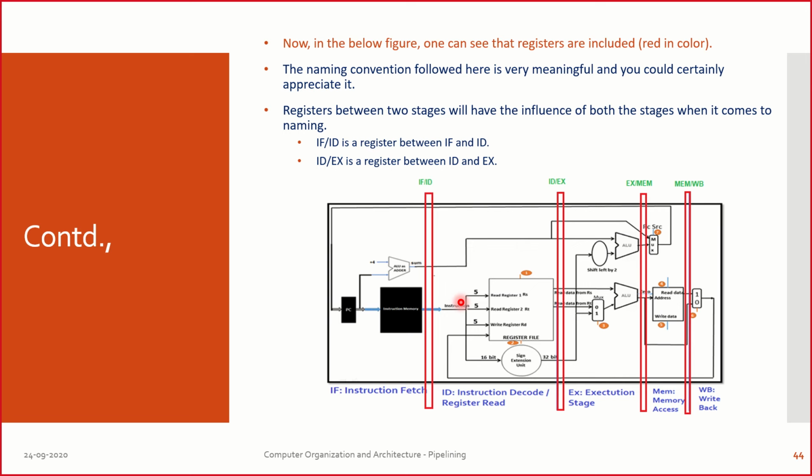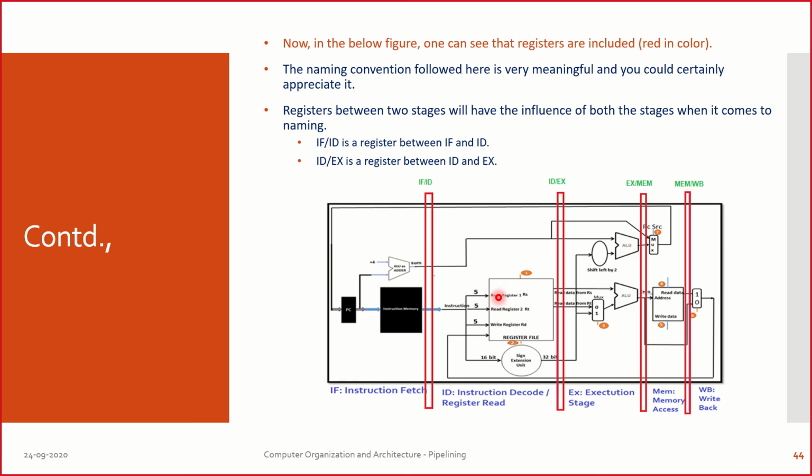Do you understand the point, all of you? So the naming convention tells that this is a register which handles the input from the previous stage, and it may have to drive the next stage with the output. Let's not mandatorily keep it that way. Let's keep it as these registers are going to be the source for handling the content from the previous stage to the next stage, and that's why we name it that way.